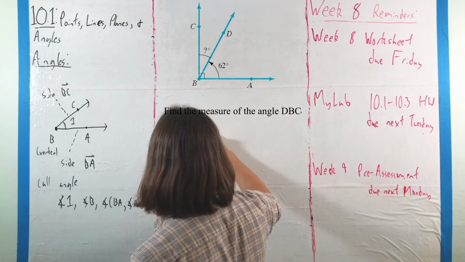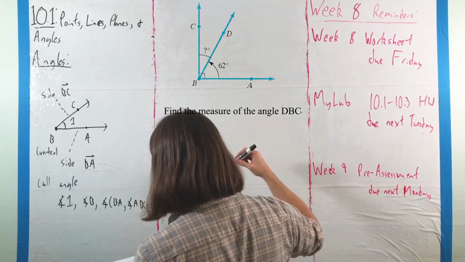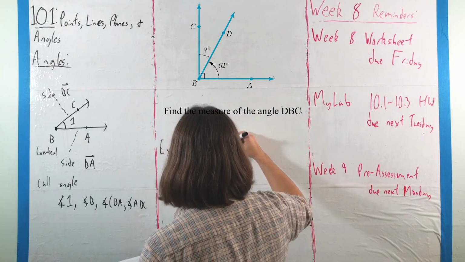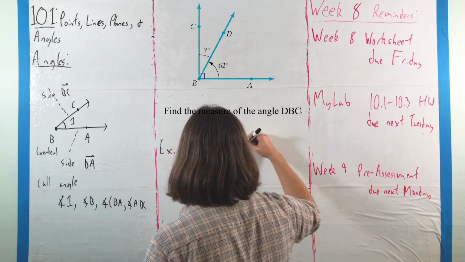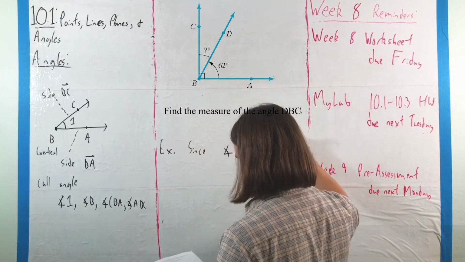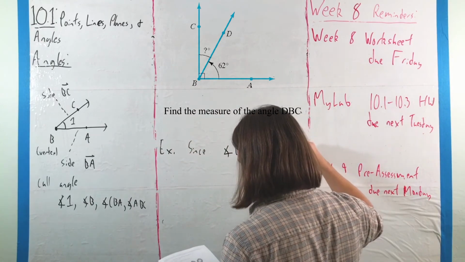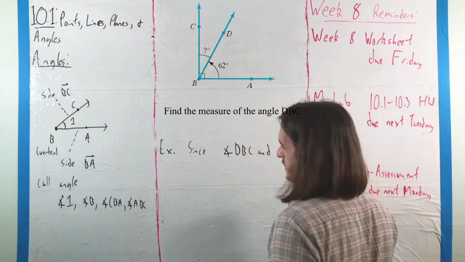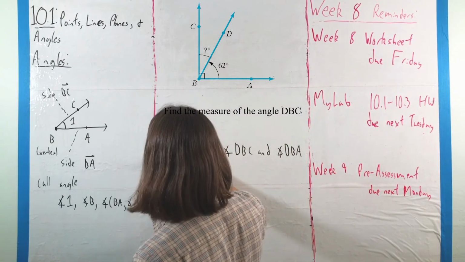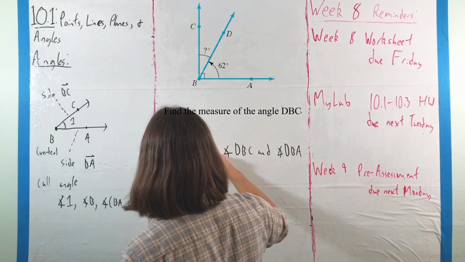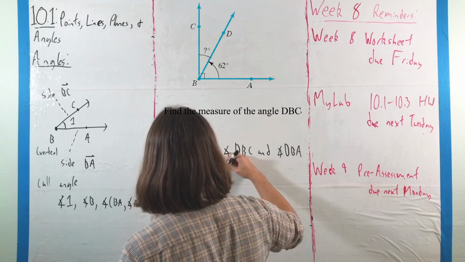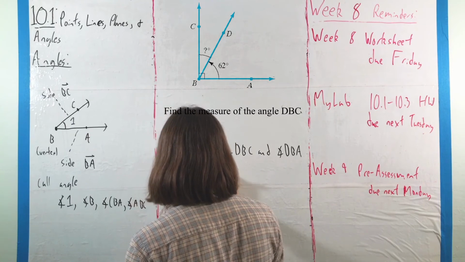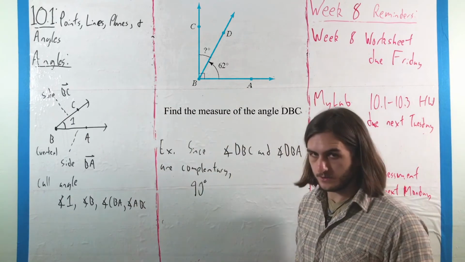So, since the angles DBC and I'll say DBA, but you can change their names to whatever you want, in either case, they are complementary angles. We have that 90 degrees, the sum for the right angle